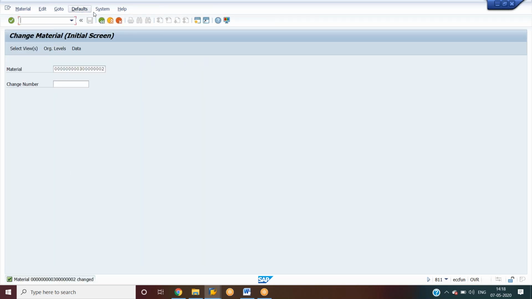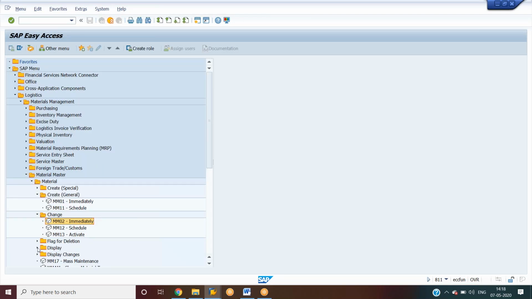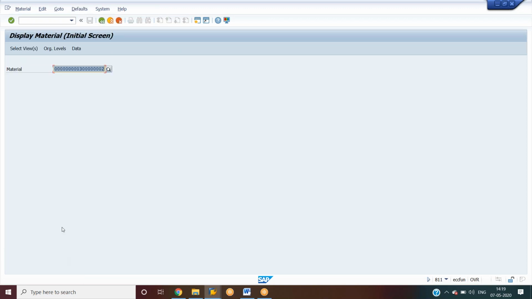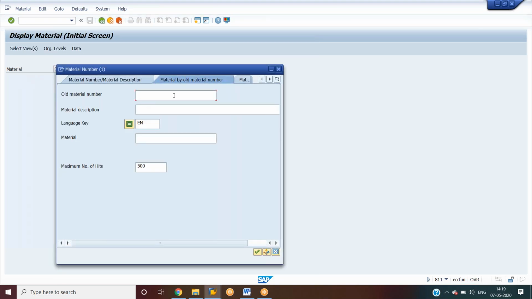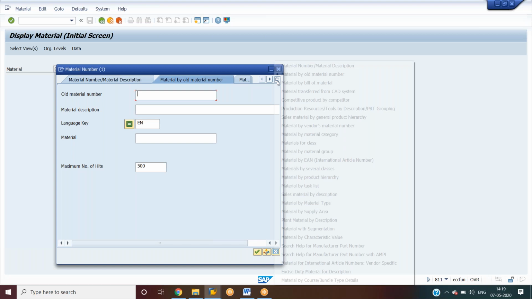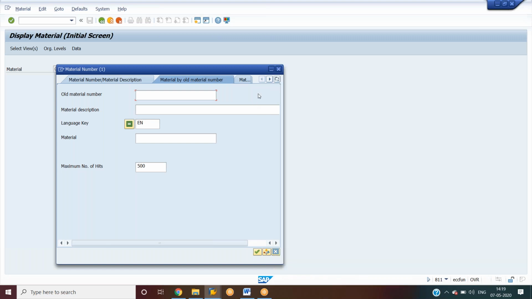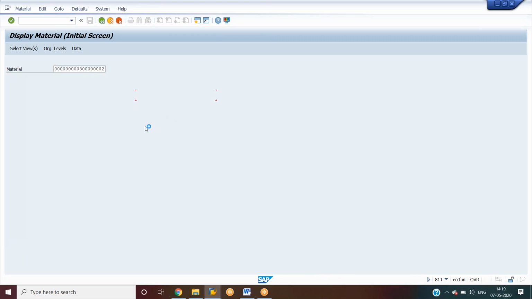To display the material master, you can go back and you can see Display here. You can see MM03. Likewise, if you don't know the material we have created, you can check by the material description and whatever options we have here. As of now I know the material, so I don't want to waste time. I already explained how to search.